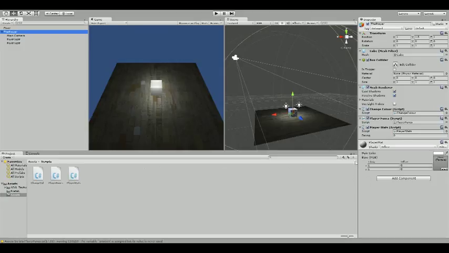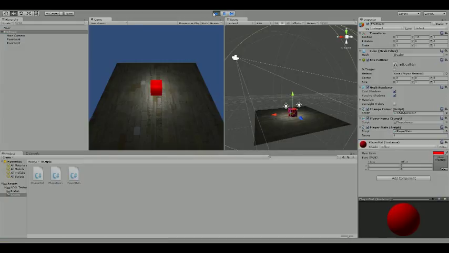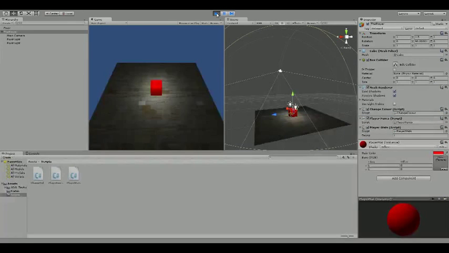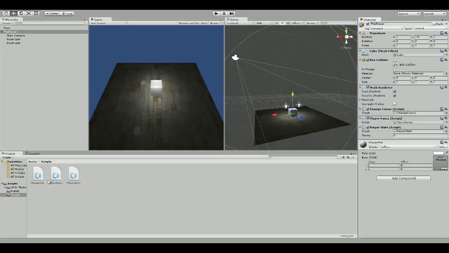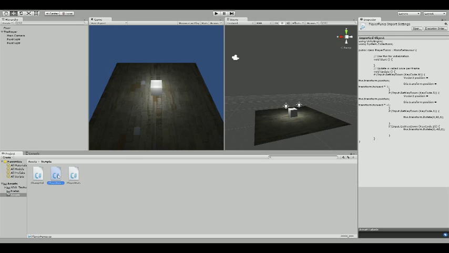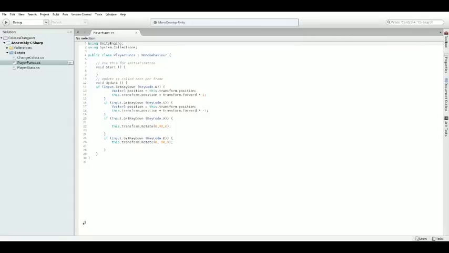Right, okay, so facing 0. So when we start that, facing should go to 1. Right, good. So now we want, when we change direction, we want that facing to change as well. So in player funcs, let's move over to there. In this,